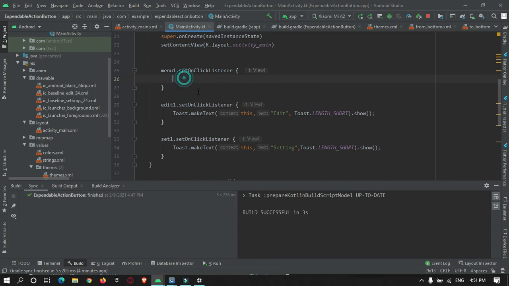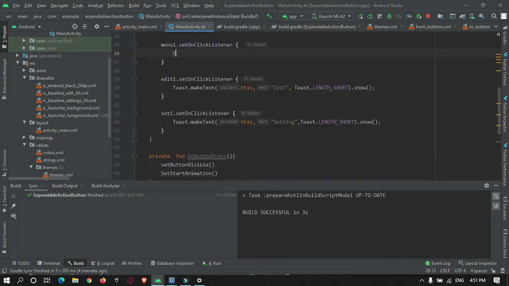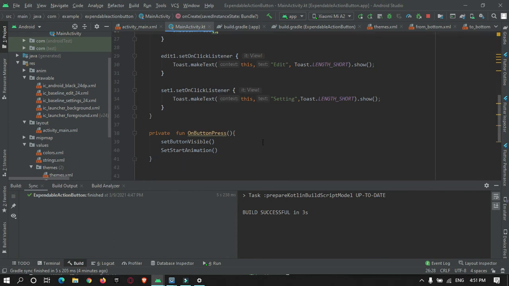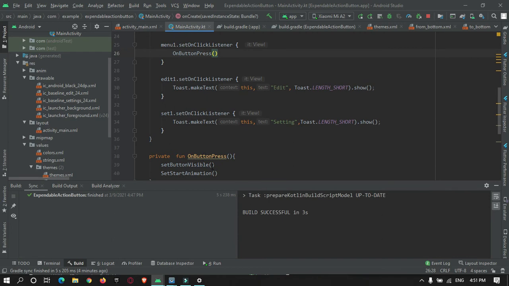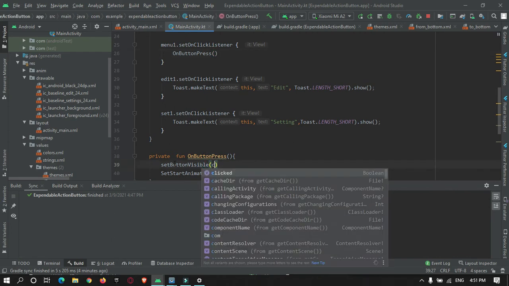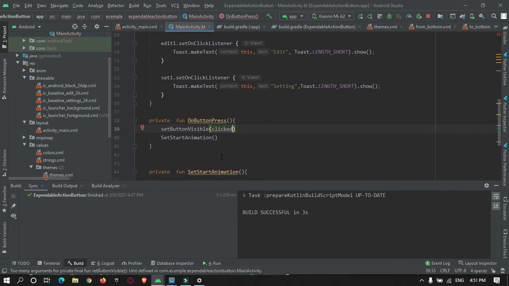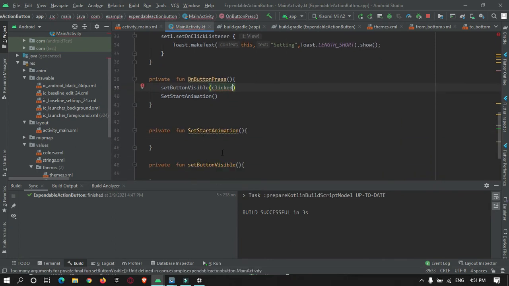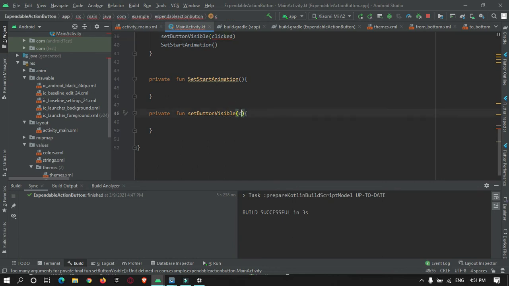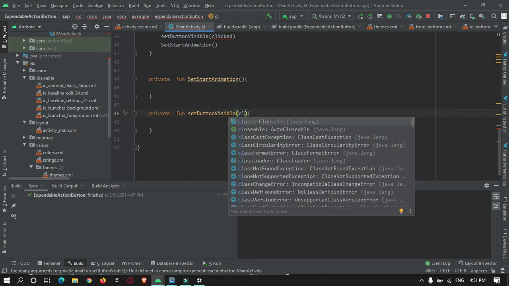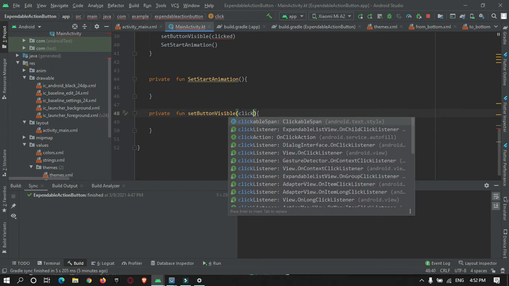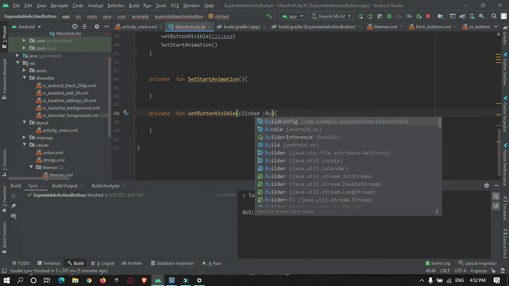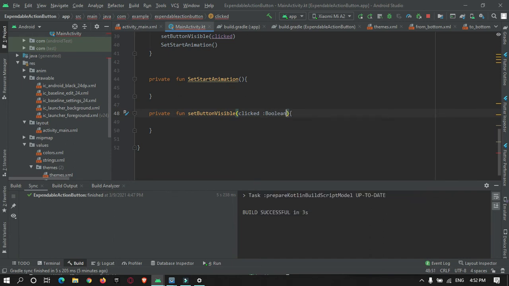Here I will call onButtonPress, so when a button is pressed, this function will be called. In this function I will pass clicked to set button visibility. Clicked will be of type Boolean.